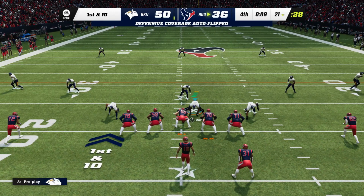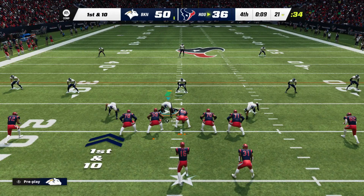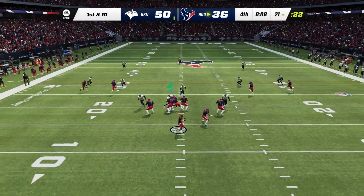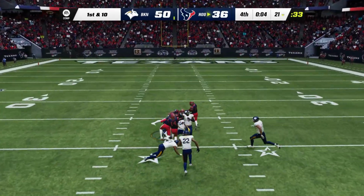Houston's offense already at the line, set to get going. This is just an exercise in futility. Do you even bother running a play here offensively? I wouldn't, because now is not going to erase what's happened during the...